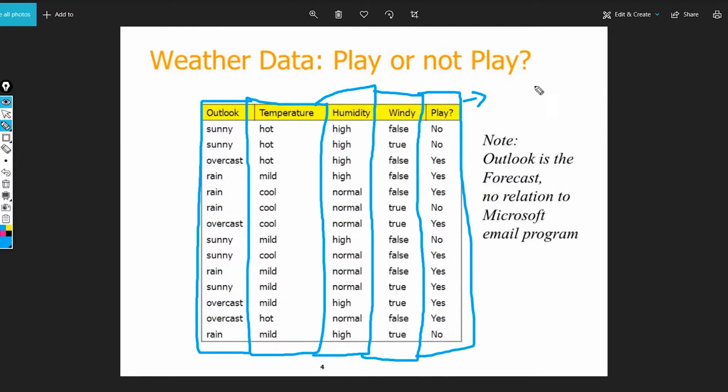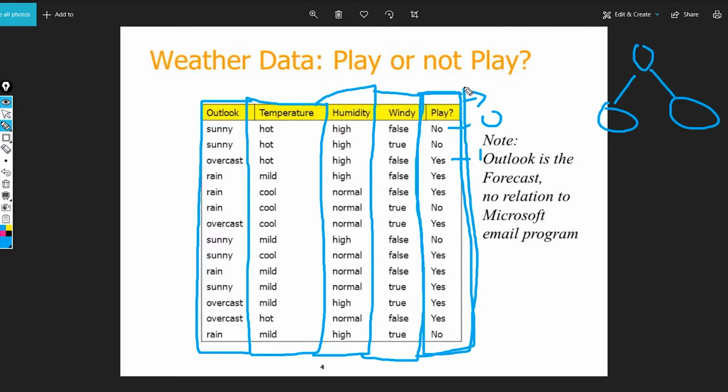Okay, and one more thing is that we are going to make a binary kind of tree, and here is how we are going to split. Let's suppose we convert no into 0 and yes into 1. What we are going to do is take the mean of this column.